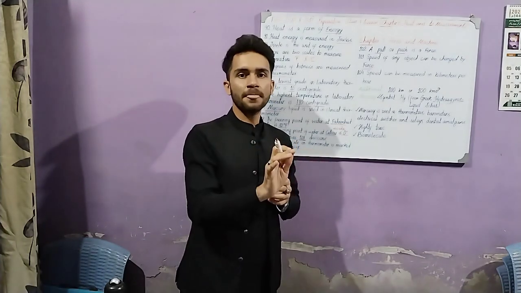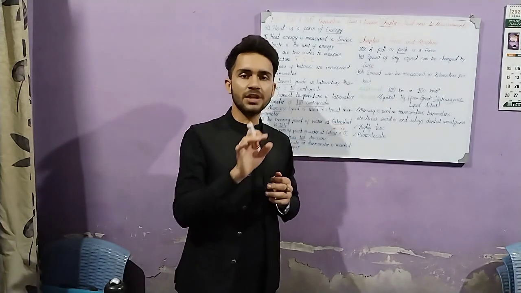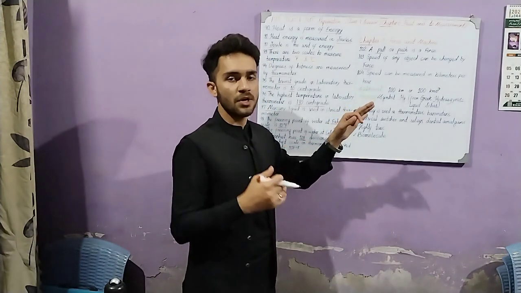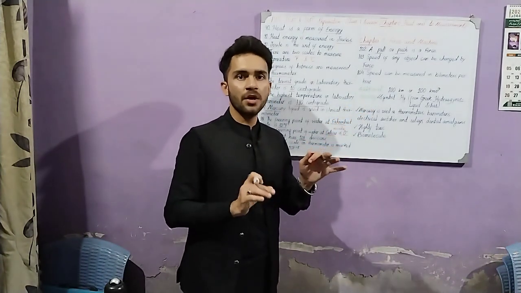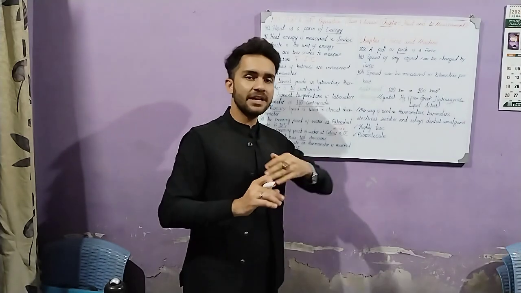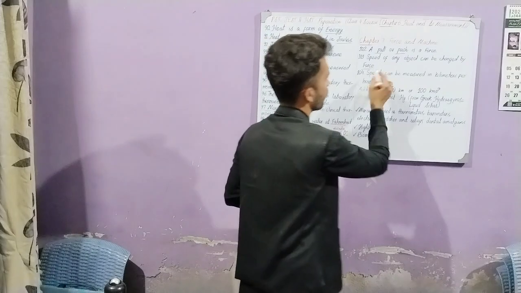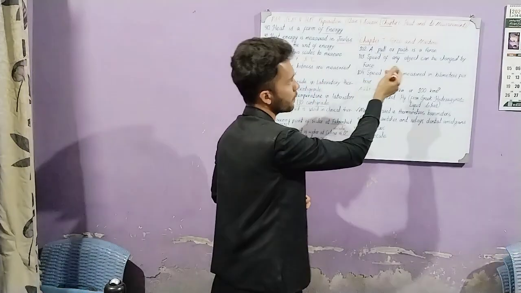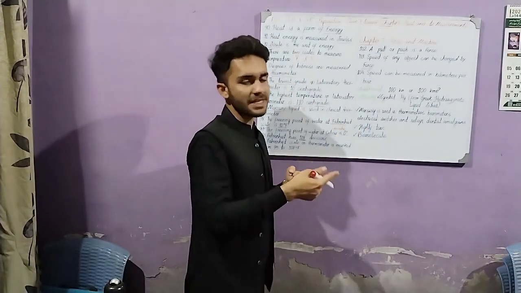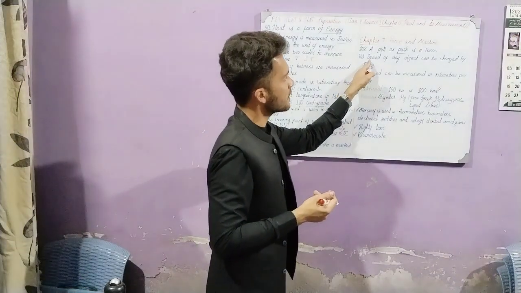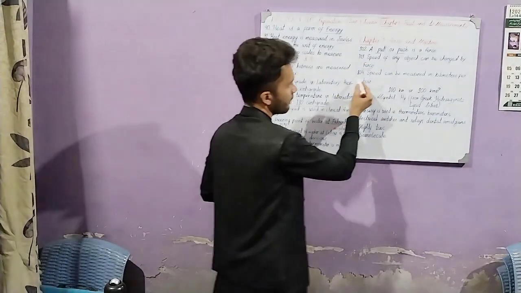When we press our foot on the brake, its speed is reduced. Or if we put our foot on the accelerator, it keeps moving forward. So the speed of any object can be changed by force. We are pulling something or pushing something. The machine is pulling or pushing something, and with the help of that, the speed is changed.